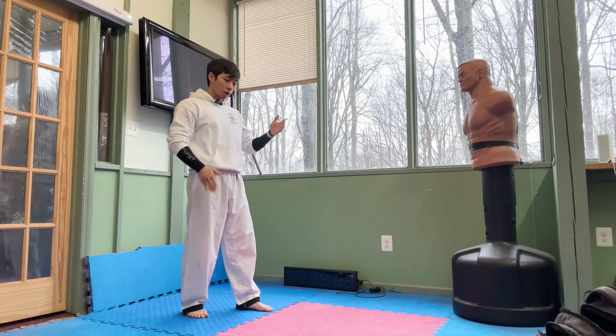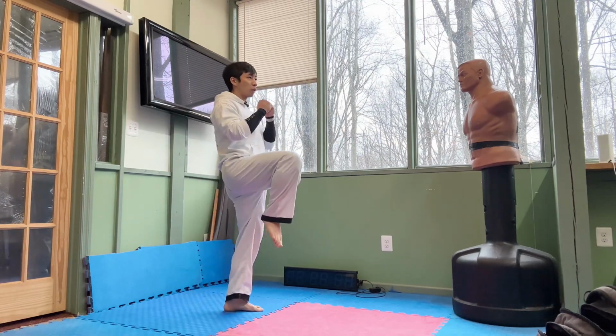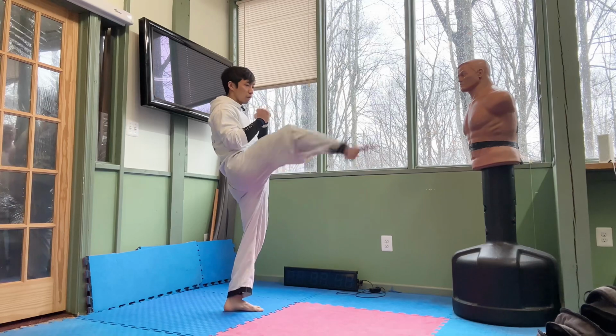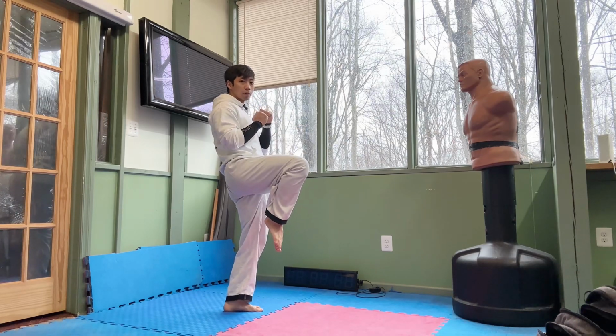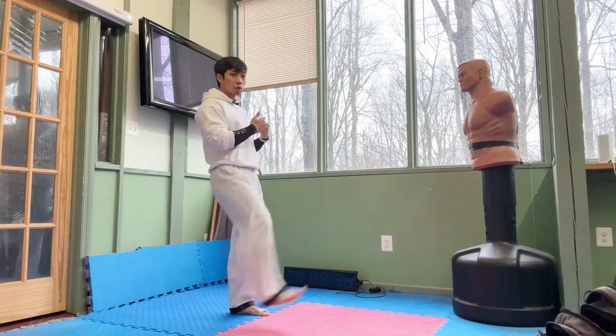All right, we're going to do 10 alternating sides. It's going to be a 2-second hold on the chamber, just like before. We're going to just do the snap and then hold the re-chamber. This drill also helps break the habit of people who don't chamber and re-chamber when they do their front snap